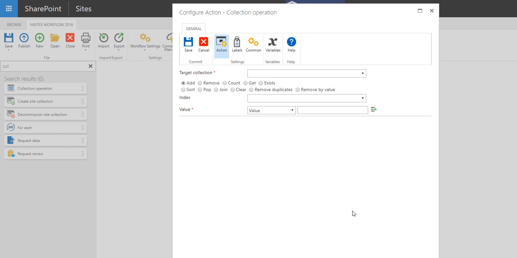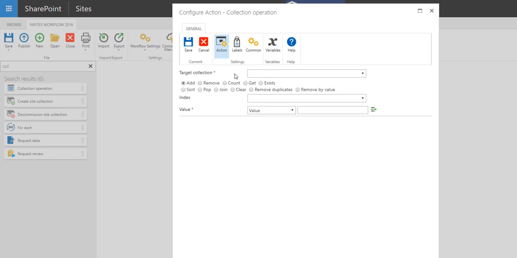And you've got to remember, maybe we have 30 items within that list. Well, each one of them is going to be a new entry in that collection after I go and run a loop through it. So I've got 30 items in this array. But I want to make sure I actually have 30 items. So what I would do is I would use the collection operation, and I would point the target collection at